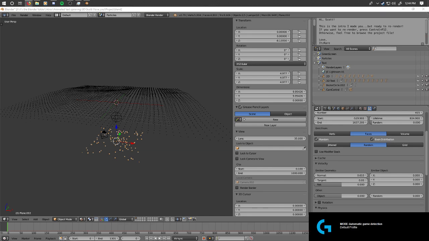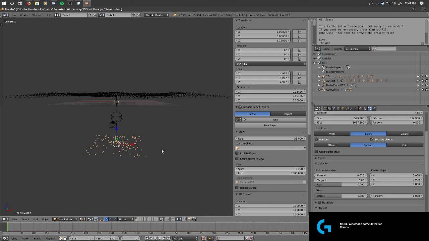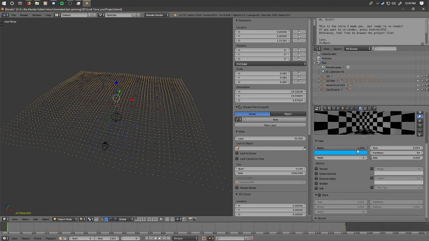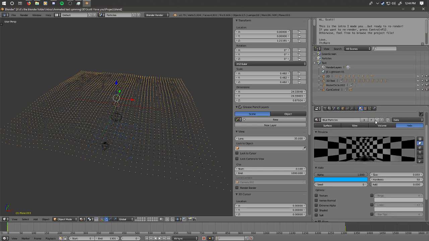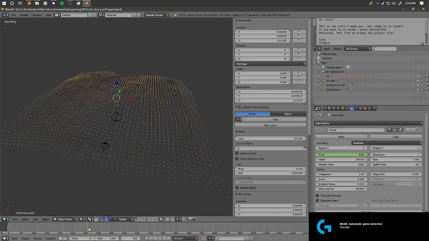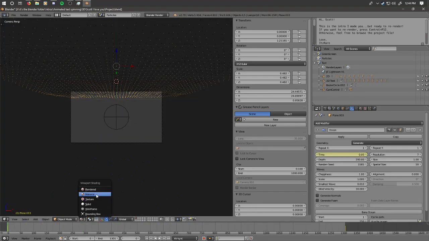I'm just looking at the tutorial. Alright, now I get to change. My favorite part is changing the random seed so it does something differently from the other one. So if I render it now,